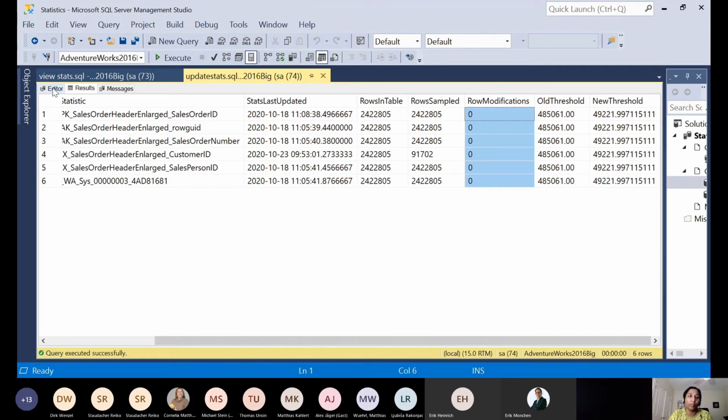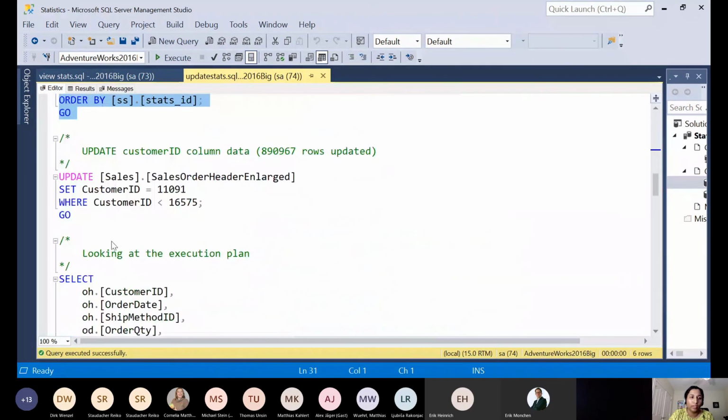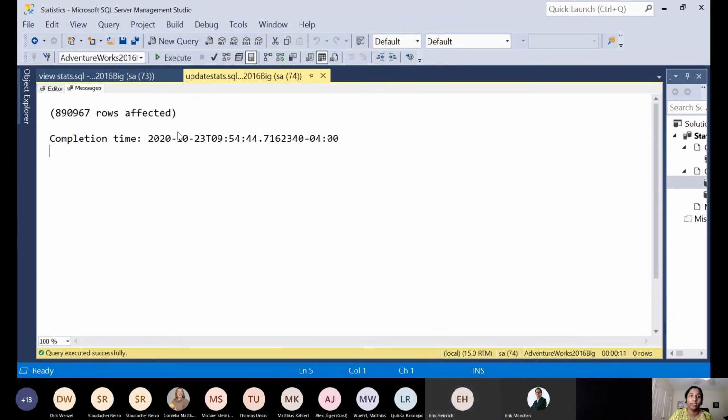Now let's make the modifications while our update stats is still off. I'll make a bunch of row modifications on this customer ID column. It will take some time, but once it's done, as our update statistics is turned off, it should not update the statistics at all. It remains the same.